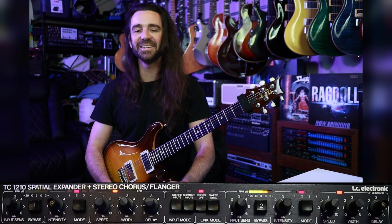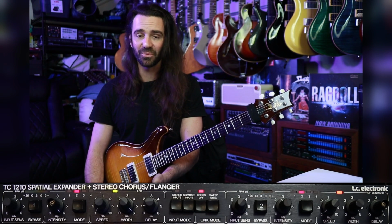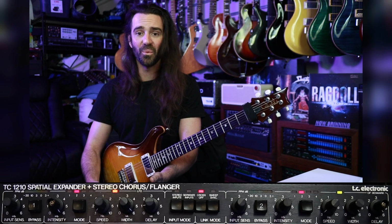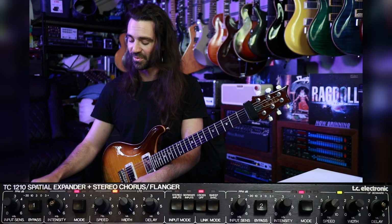As you can see, it's pretty easy to get lost tweaking this thing because of the way these two different engines interact. Most of the classic recommended settings only use one side on here, so you'd just be using, say, the left side as a chorus or a flanger, and you could hear on there mode 3 and mode 4